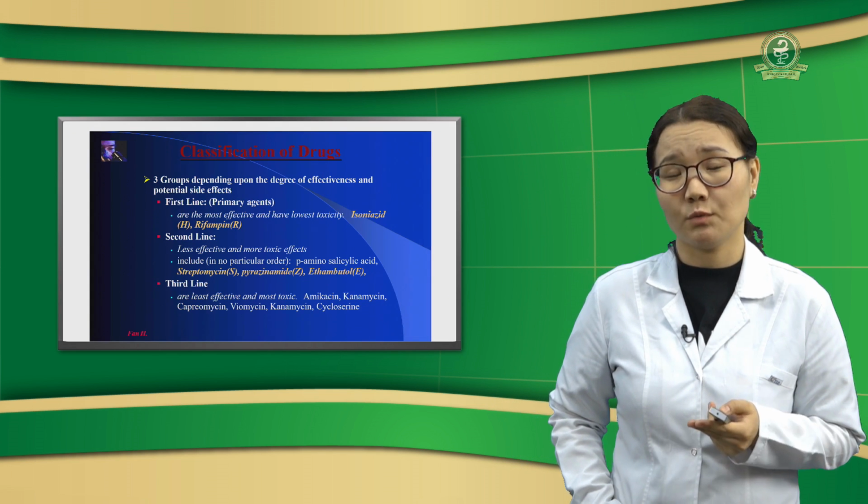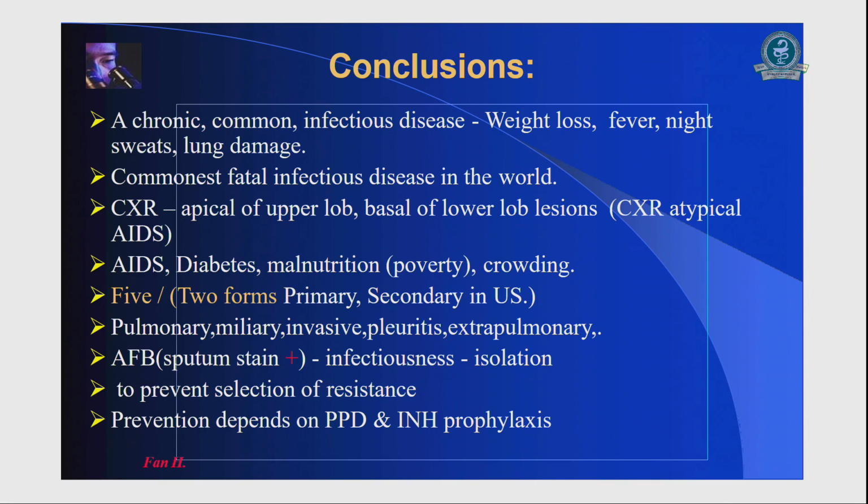Classification of drugs that we use in the world. CXR findings are apical of upper lobe, basal of lower lobe, and atypical in AIDS. AIDS, diabetes, malnutrition, poverty, crowding. There are two forms, primary and secondary. Pulmonary, we also have miliary, invasive pleuritis, and extrapulmonary diseases. To prevent the selection of resistance, prevention depends on the